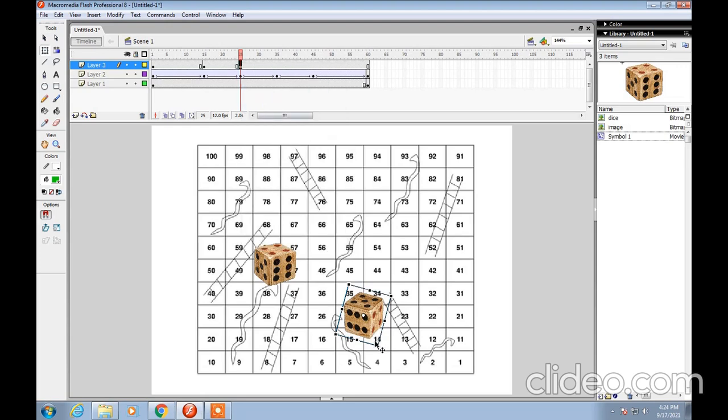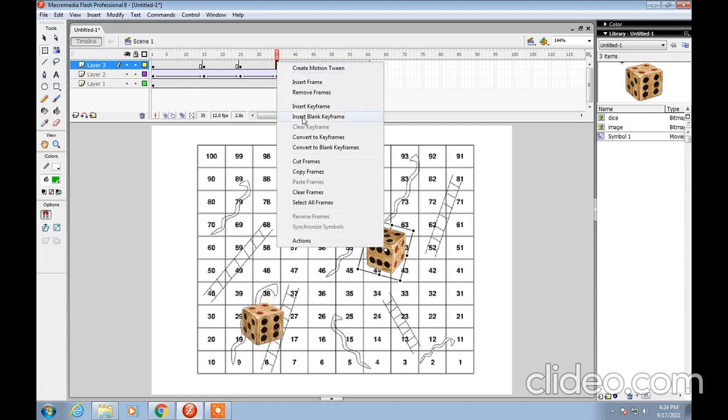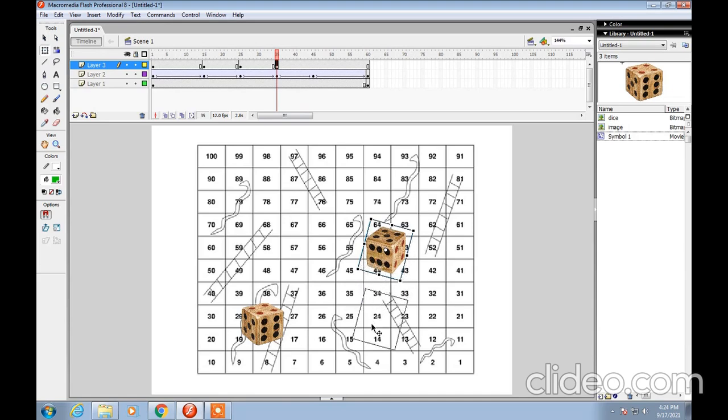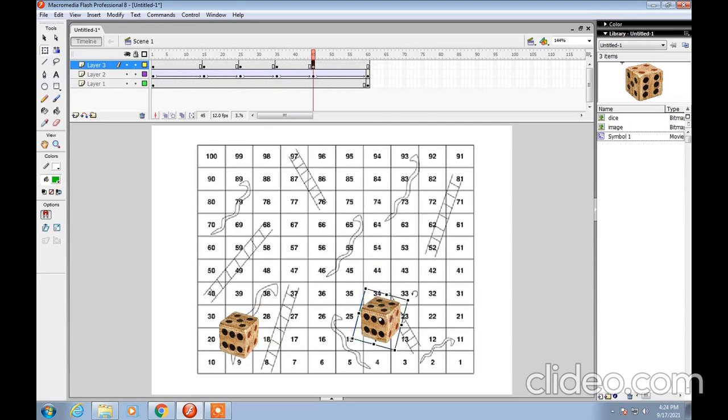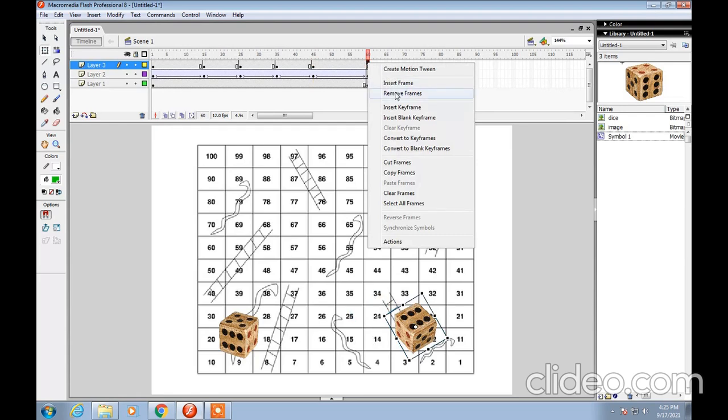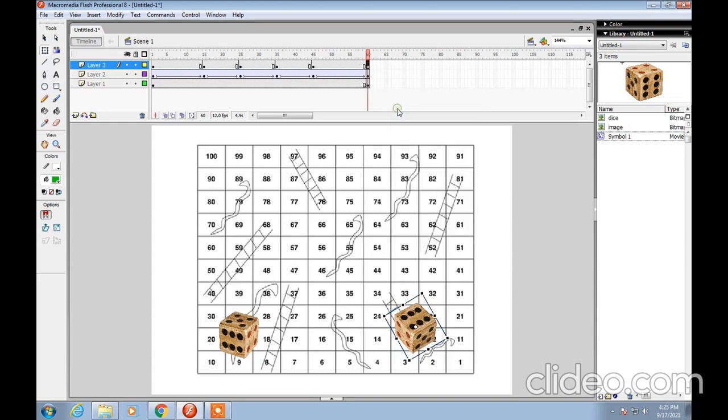right click, insert keyframe, insert keyframe, take it down, and then the last one, that is it has to roll, and maybe now you can take 6 on top and then just place it in a different place. Right click and say insert keyframe so that the last position is copied and it's there for some time on the screen. Create motion tween in between each keyframe,